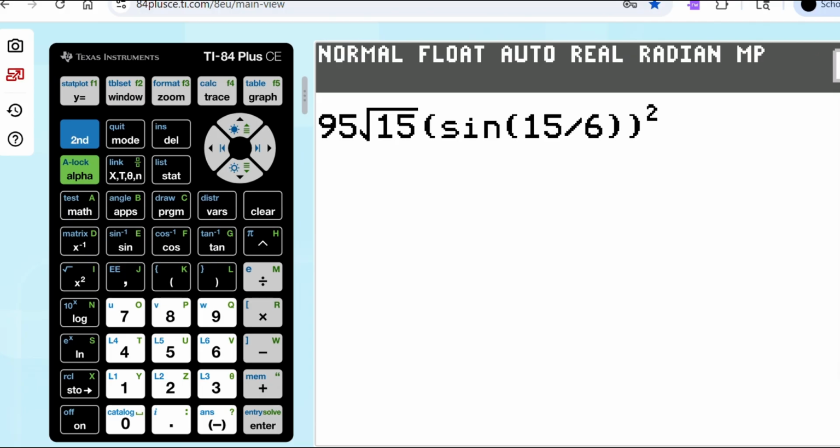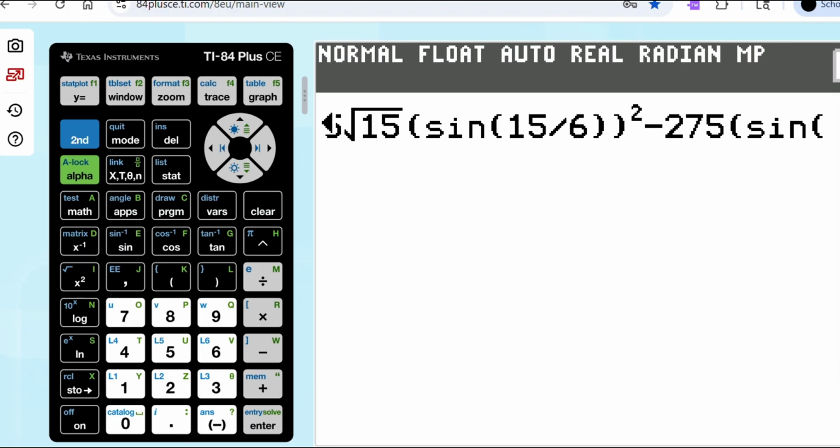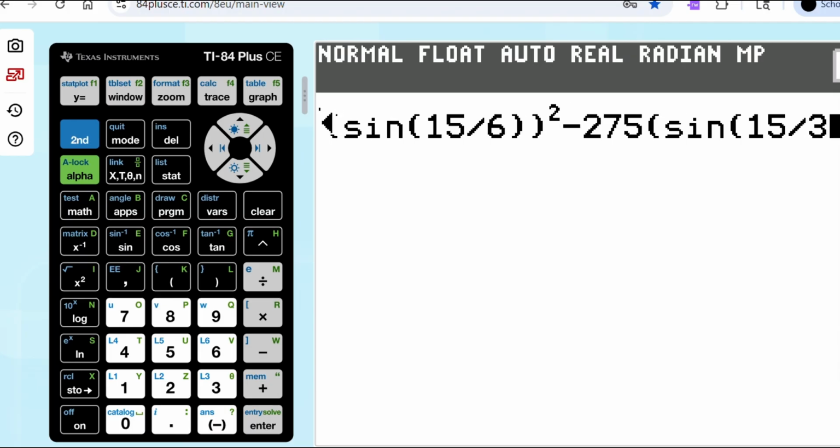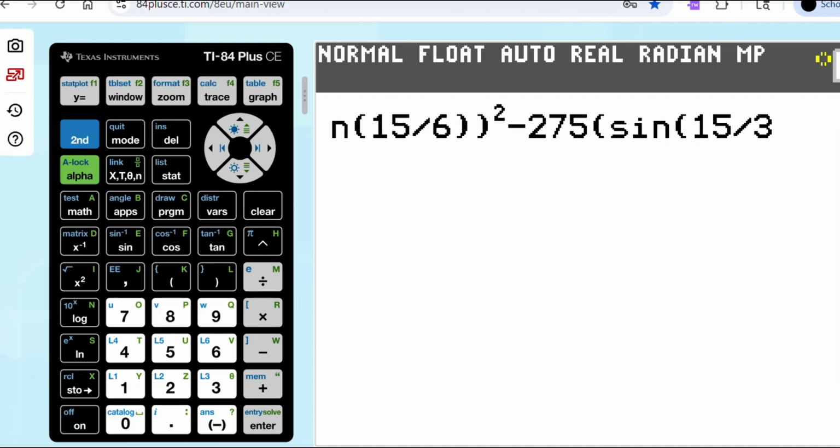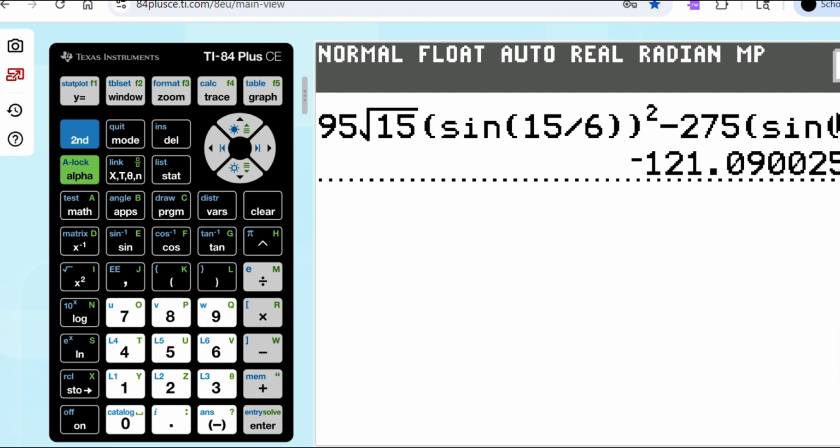So that's W of 15. And then we'll subtract from that R of 15. R was 275 times sine squared of t over 3, so we'll do the same thing: parentheses for the sine of 15 over 3, we could just put 5, of course, close the parenthesis for the sine, and square it to get the sine squared, and we end up getting negative